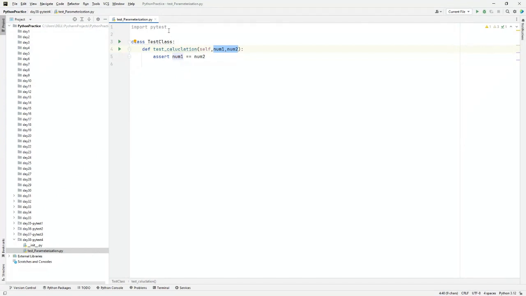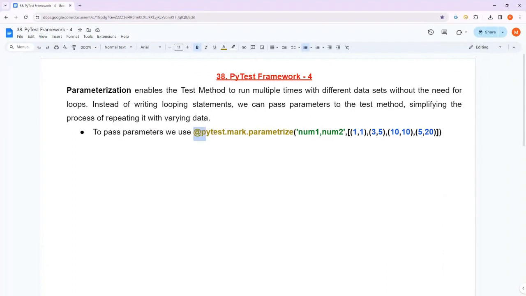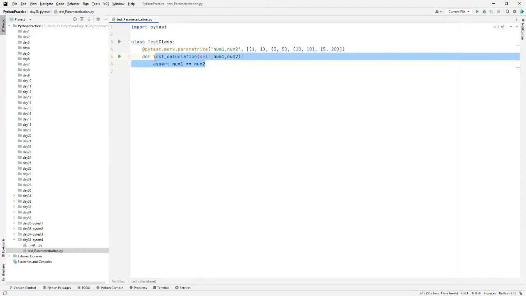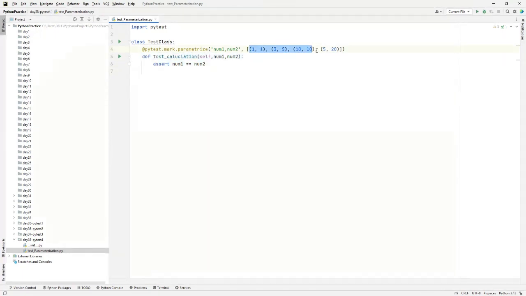But I want to use the parameterization feature of Pytest, so how can I use that? As we have already seen, to use the parameterization feature of Pytest, I need to use @pytest.mark.parameterize. If I define this particular marker before any method, it will consider that this particular method is having 2 arguments. Yes, I have specified those arguments, and for these arguments, I need to specify multiple sets of data. So this particular test method is executed multiple times with multiple sets of data. If you execute it from here,